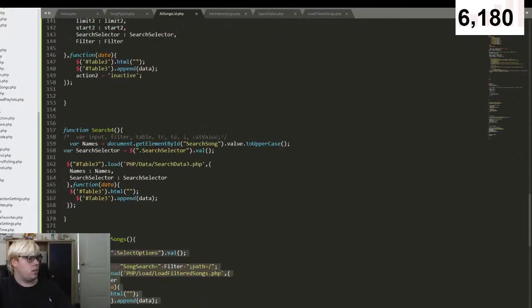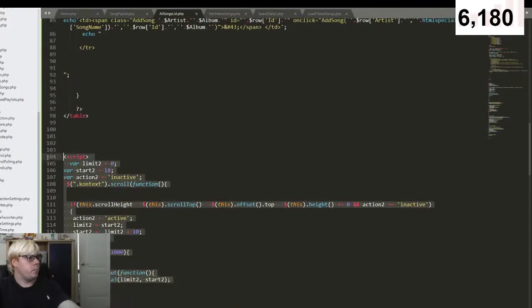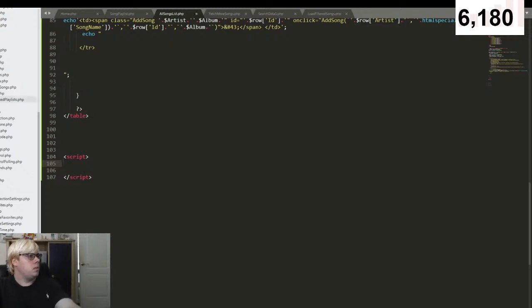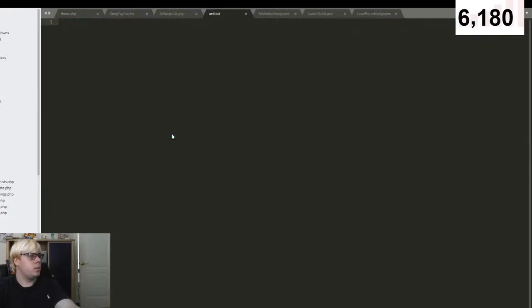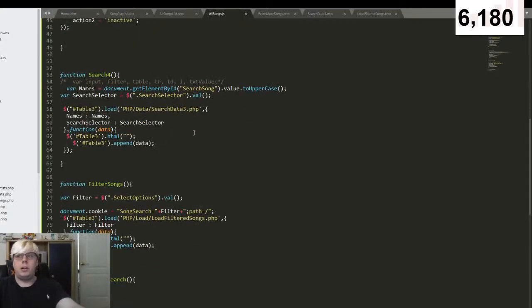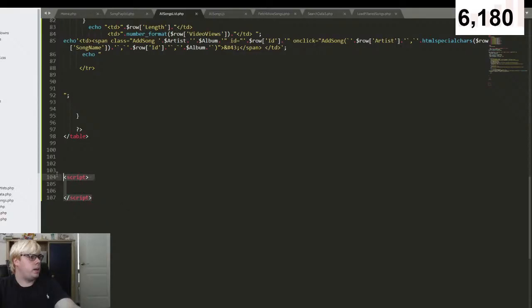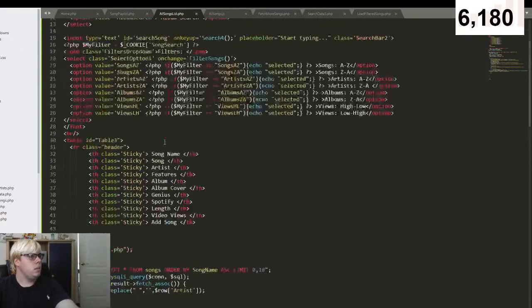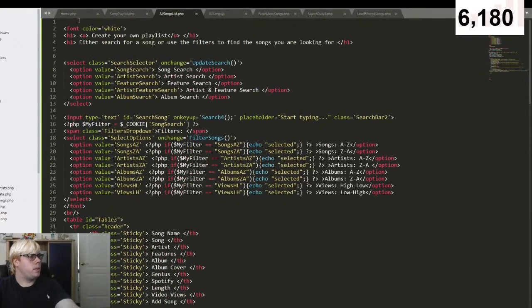So I take all this, put this in a separate JS file. Let's just create a new one. We're gonna just name it allsongs.js. Put it in here, and then instead of this, at the top we're just gonna do this, PHP, and then we're gonna do